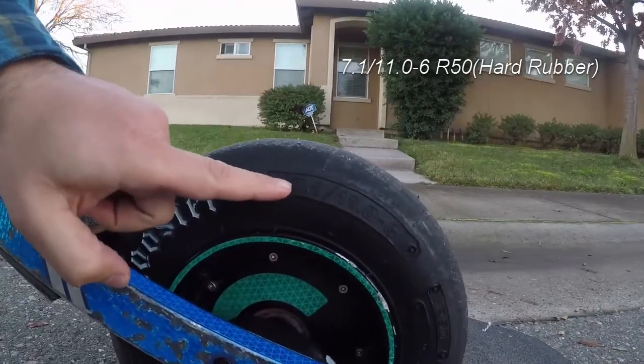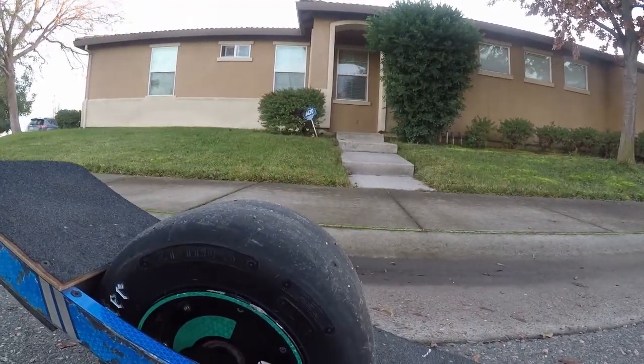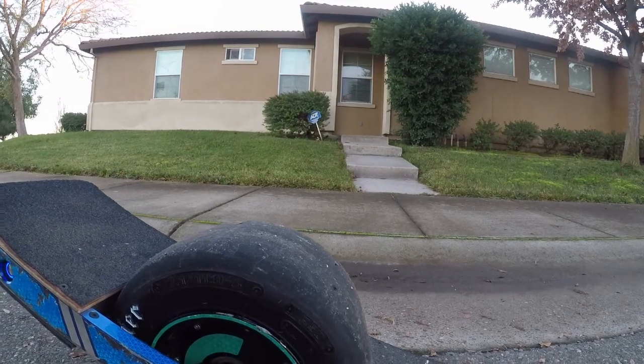So here's the deal with the 7.1/11.0-6 tire. It's R50. It's really hard. It's very flat, and for me to even be able to get it to carve, I tried it at 18 psi, and I was leaning so hard and it could barely even turn. I have to swivel it, slide side to side. You can't really lean and turn. Then I pumped it up to like 23 and I still couldn't do it. And then around 30 psi I could kind of do it,